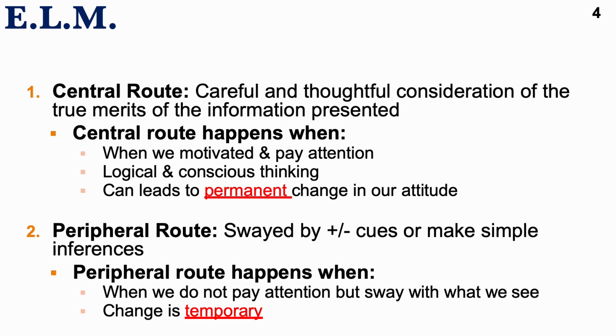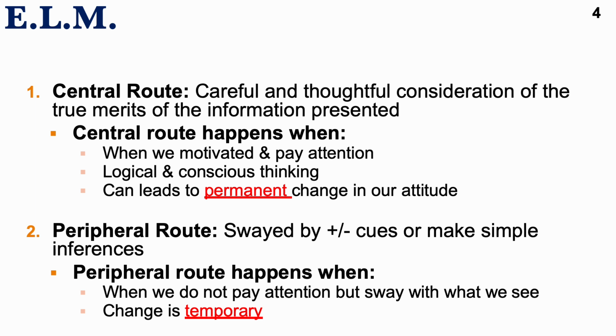So the elaboration likelihood model describes attitude change, right? I'll try to walk you through that with two examples. If you go through the central route for processing, you have careful and thoughtful consideration of the merits of the information that's presented. We typically use central route processing when we are motivated and willing to pay attention. It's usually associated with logical and conscious thinking, and it doesn't have to, but it can lead to permanent change